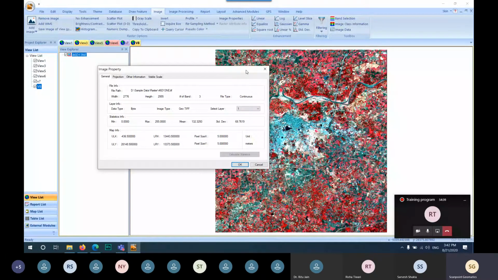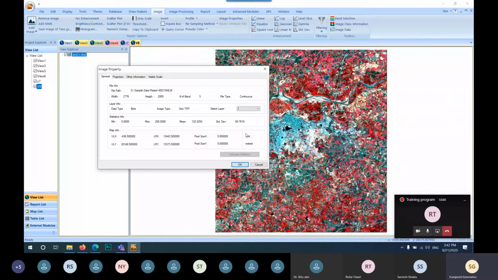The spatial resolution defines the size of the pixel, the smallest unit which you can read in your image, and it is also called the pixel resolution. And here the pixel size is 5 meter.